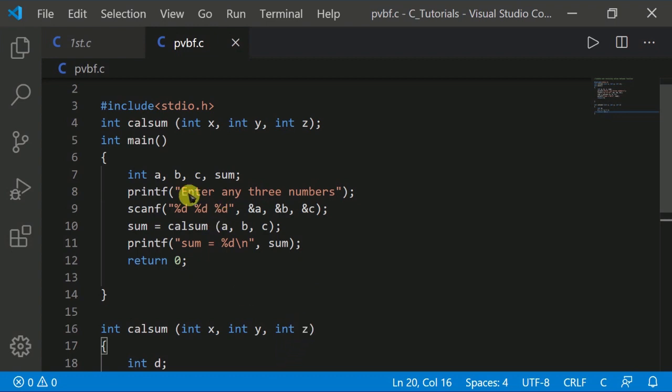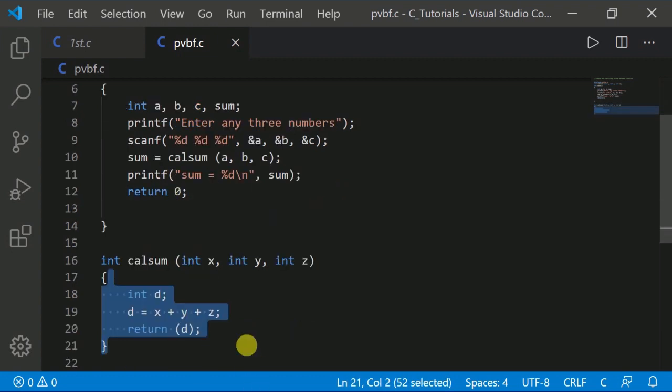The variables a, b and c are called actual arguments of this program, whereas the variables x, y and z are called formal arguments.